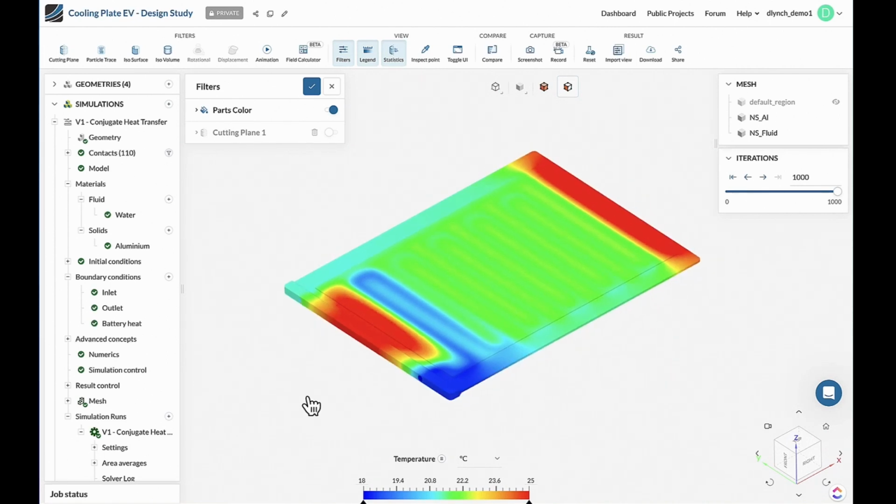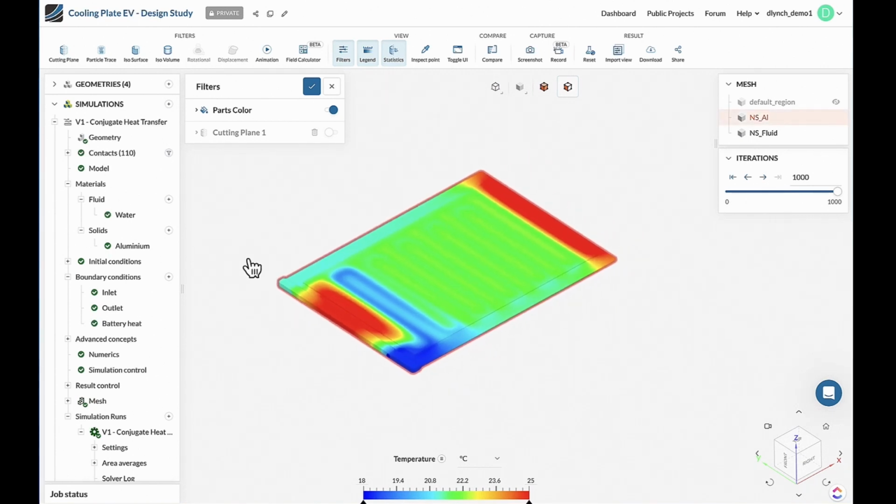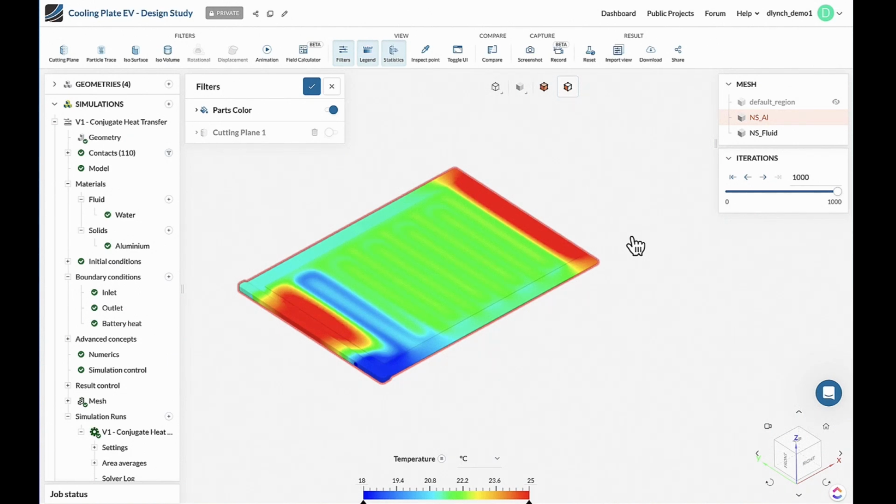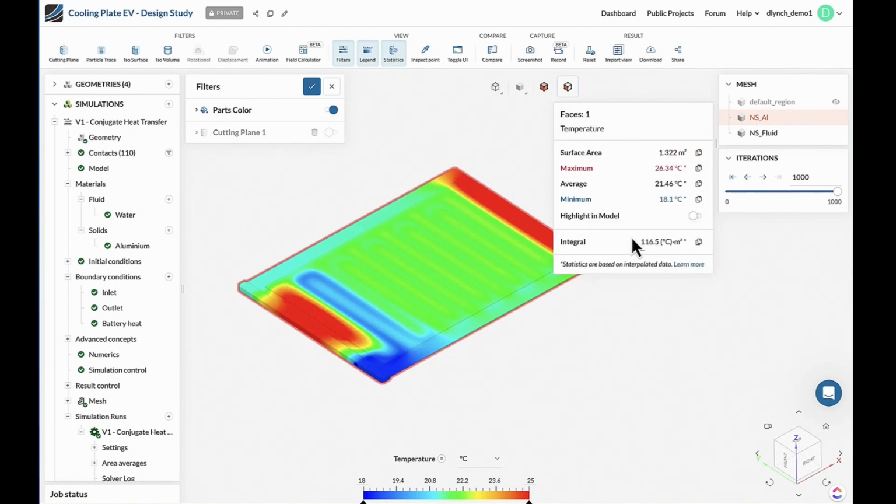Now, the first thing to note is that this is the post-processing area. So we'll have all of our different tools. These are the things that you can use to understand your design, the things you can use to help you get to the next iteration in your design process. Now, the first thing that I like to start with in this particular case is actually doing a statistics analysis. So the statistics analysis will give you a maximum, it will give you a minimum temperature on the surfaces that we've selected. It'll also give you the average. And you remember back to the goals that we defined in the presentation, we said we want to minimize the temperature, so we can use the average temperature as our function for that target.